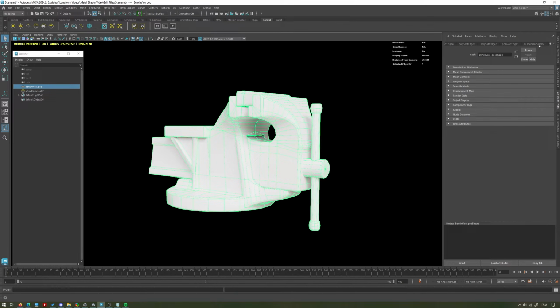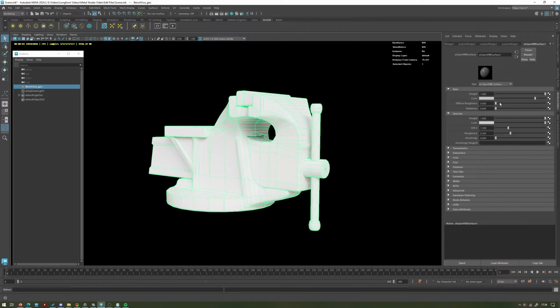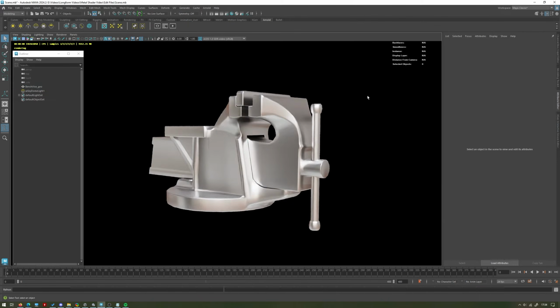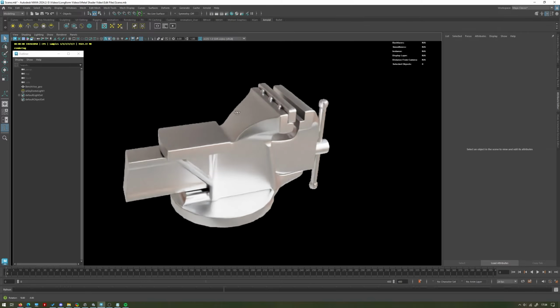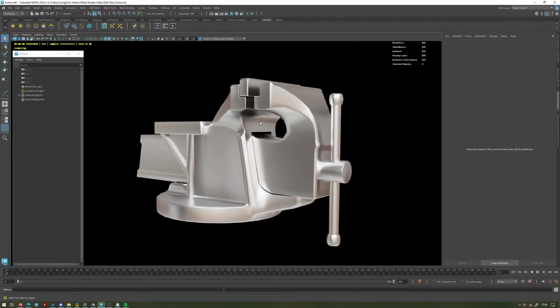Come to the attribute editor and go to your PBR surface material, and we have a slider just under basic called metalness. I'm going to turn that all the way up to 1. You can see now this looks like a bright, fresh metal, kind of like some sort of steel or aluminium, or aluminum if you're from America. And that's okay, but like I said earlier, we can make this look a little bit more weathered